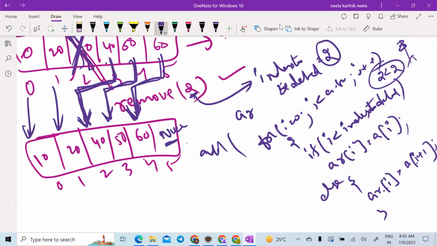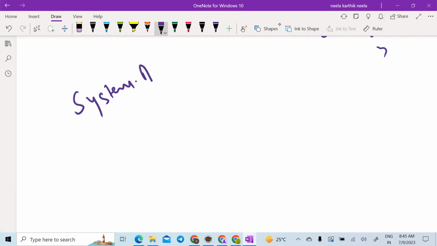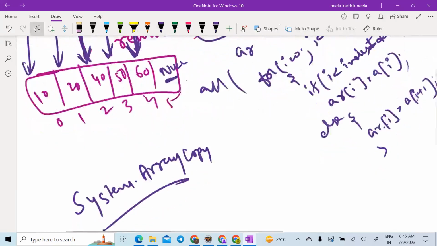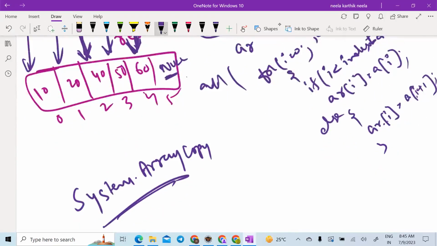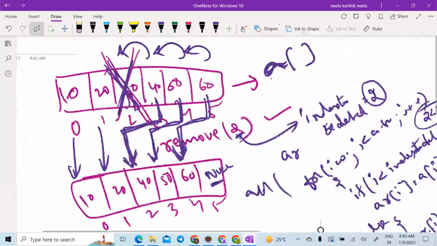In order to get rid of this, there is a class called System. In that, there is a method called arraycopy, the System.arraycopy method. Whatever you are doing here, it will do the same thing. But you just need to give how many shift operations. Now, guys, I'm deleting second position. Now, instead of second position,